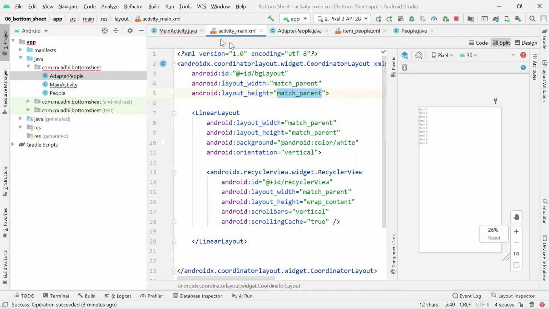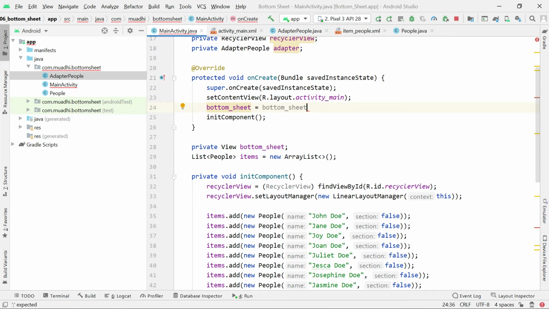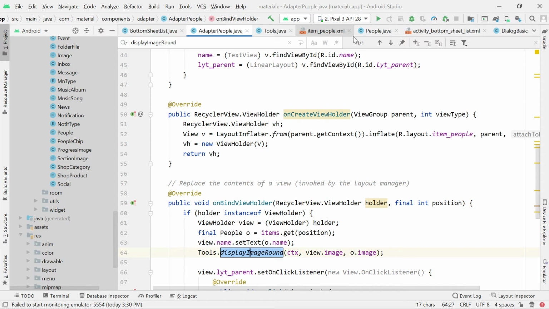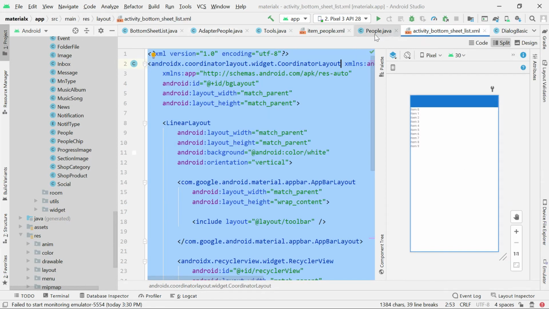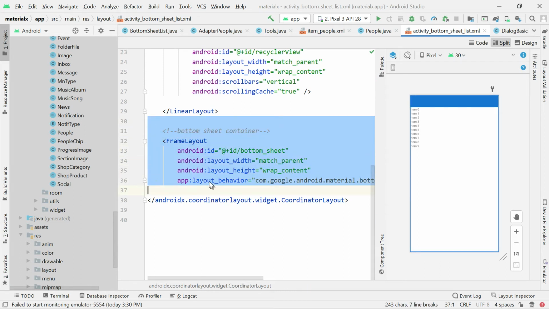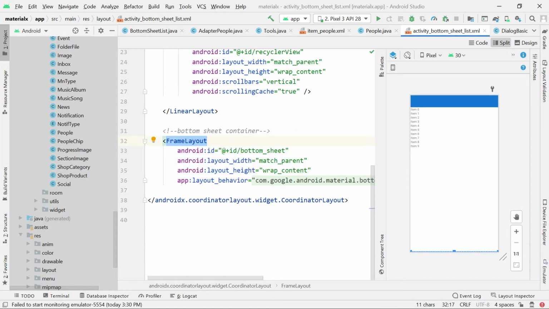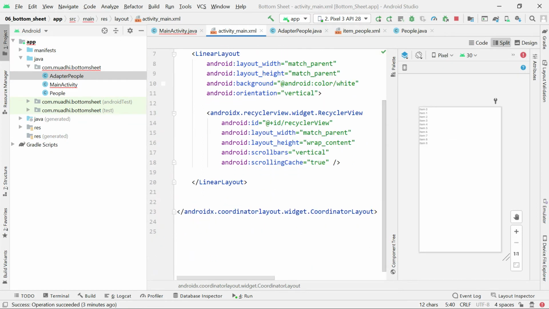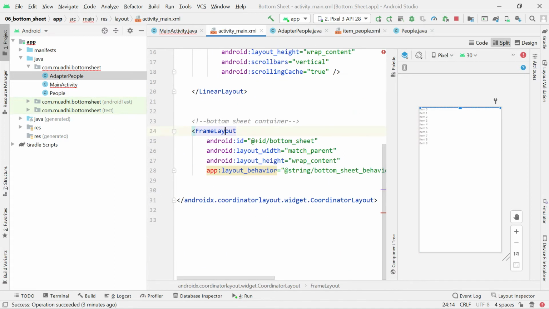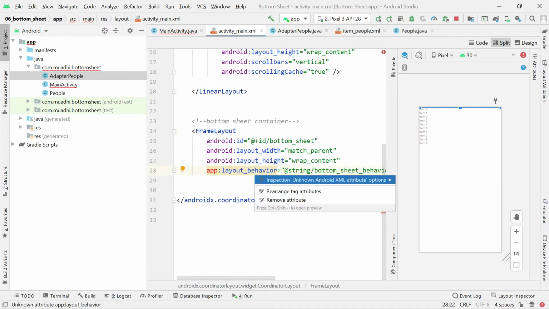This bottom sheet is just like a recycler view. Like a recycler view always has its view, likewise a bottom sheet has a view inside your main activity, as you can see here. In the layout we put a bottom sheet. Just say fragment, and then this fragment layout you give it an ID of bottom sheet. Just come on top and get a fragment, and give it an ID of bottom sheet.